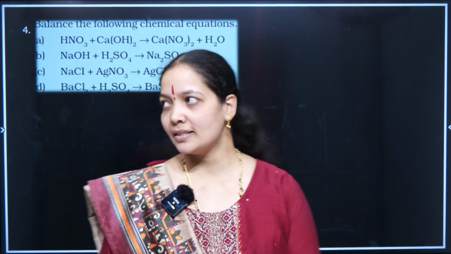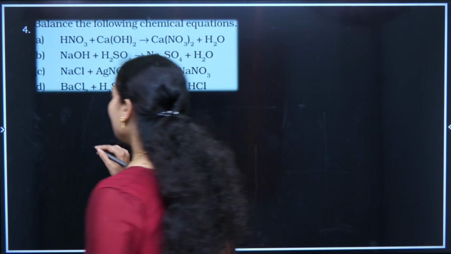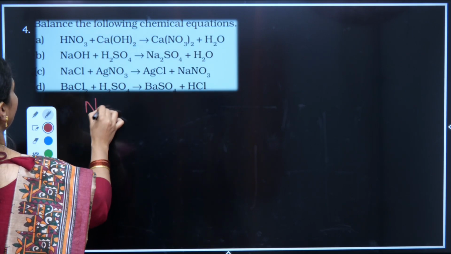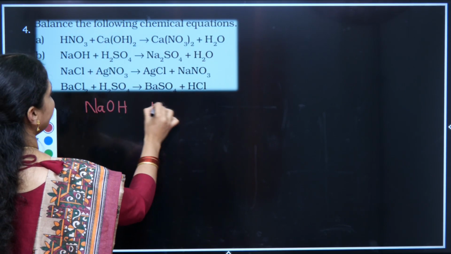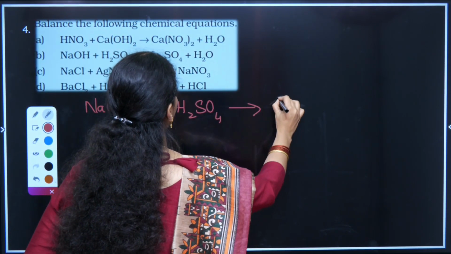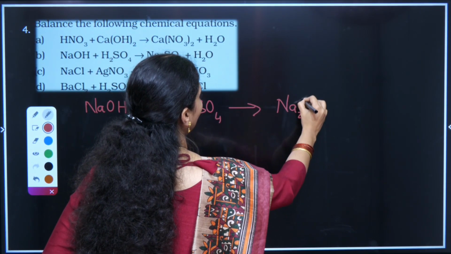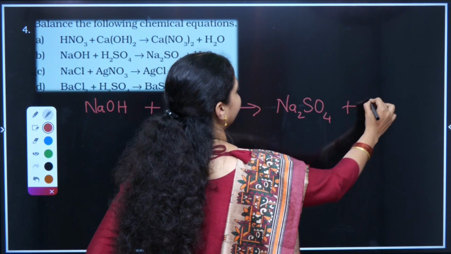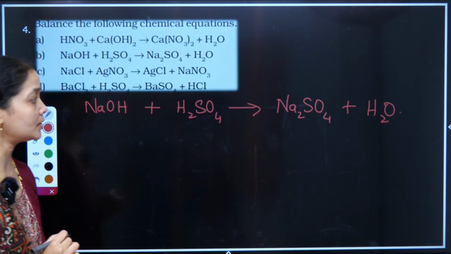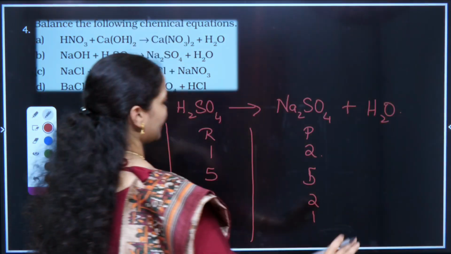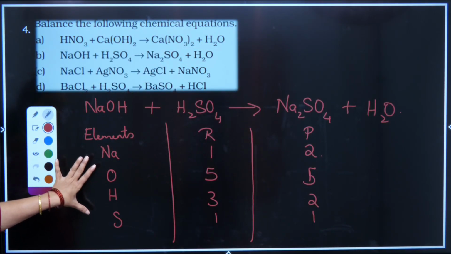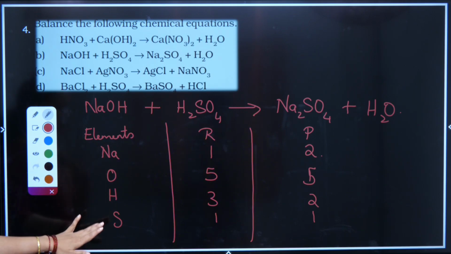The second question has sodium hydroxide, NaOH, reacting with sulfuric acid, H2SO4. This is giving me sodium sulfate, Na2SO4, plus water. I am just giving the verbal expressions for this so that you will be able to understand it. So if I look at the complete reaction and the elements present, I have sodium, oxygen, hydrogen, sulfur, in which